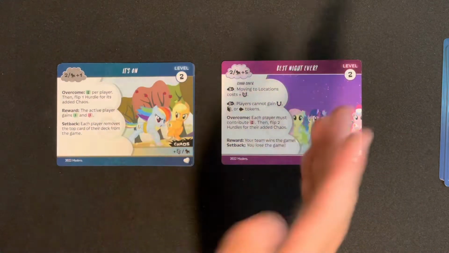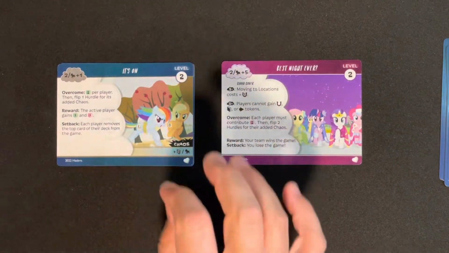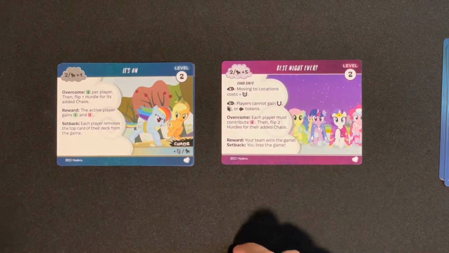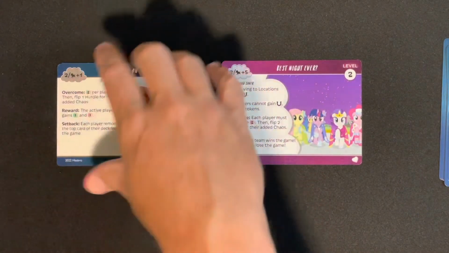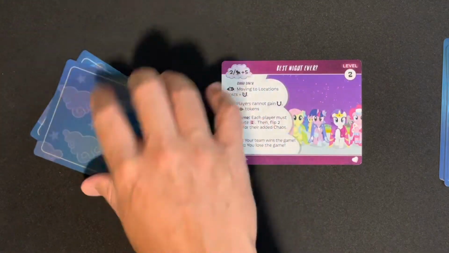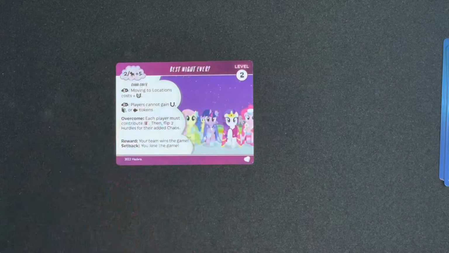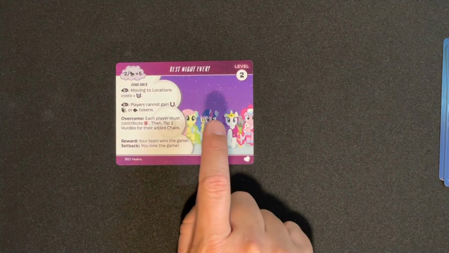You don't care what any of the other text says. All you care about is those extra symbols, because that's going to add on additional hits. But once you, as a player, have overcome all of your active hurdles, then you can start focusing on the final